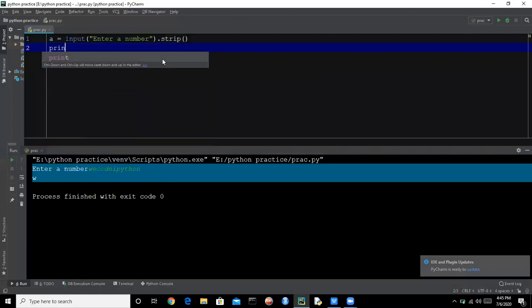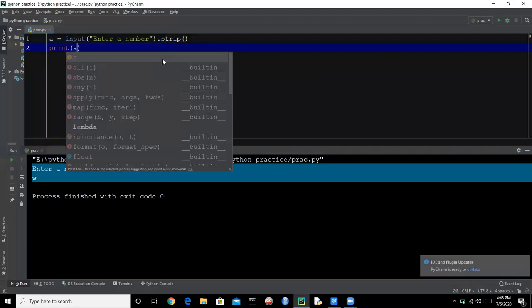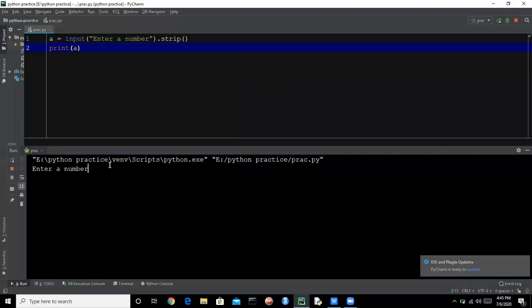Let's print A, and let's say we are having space from the start, and let's say we code in Python, and we are having space at the end. Whenever you print this A after using the strip function, all the spaces from the start and from the end will be removed. So let's print this and we are having output like this.